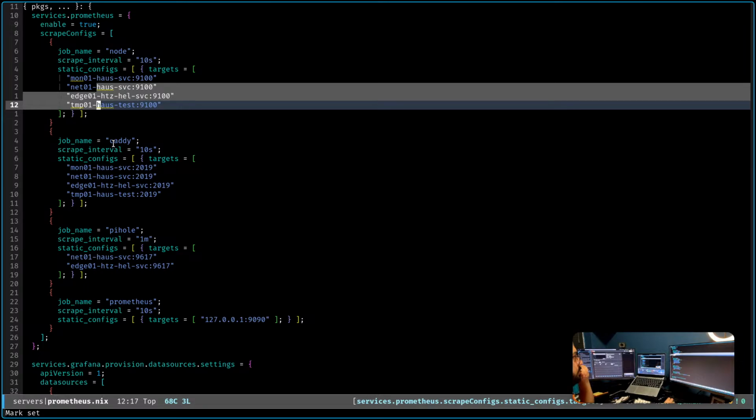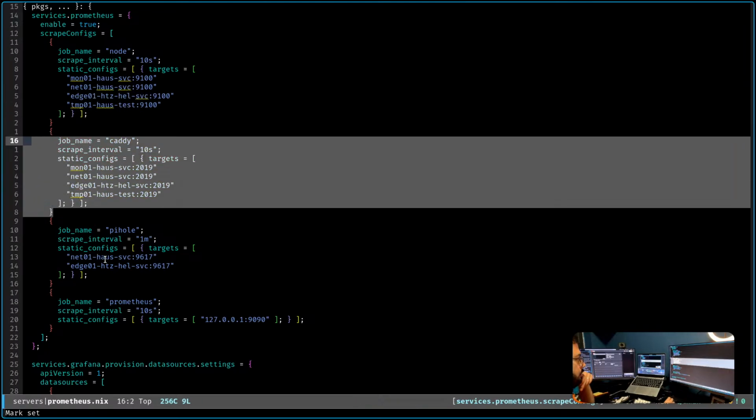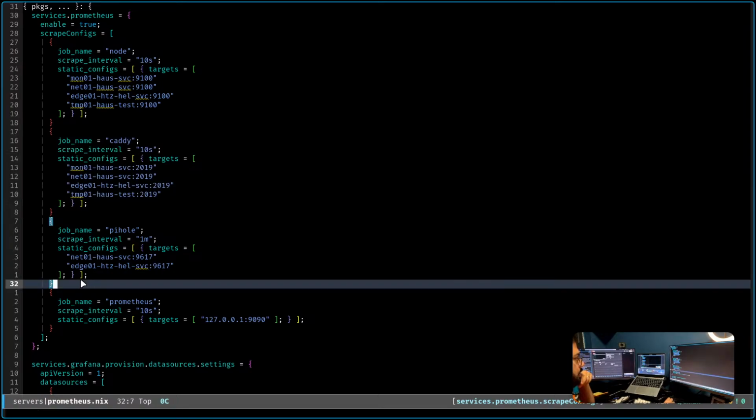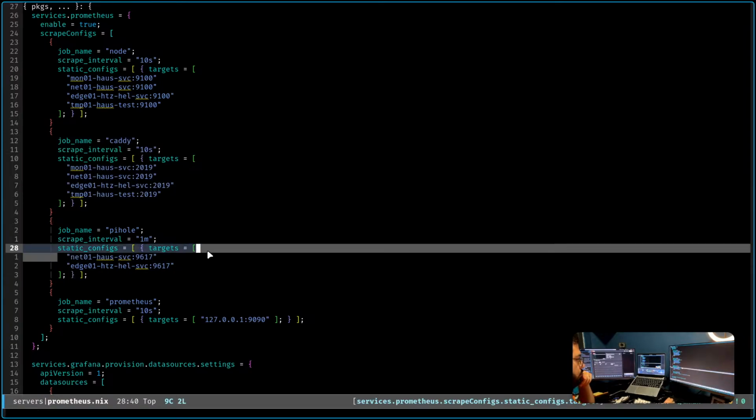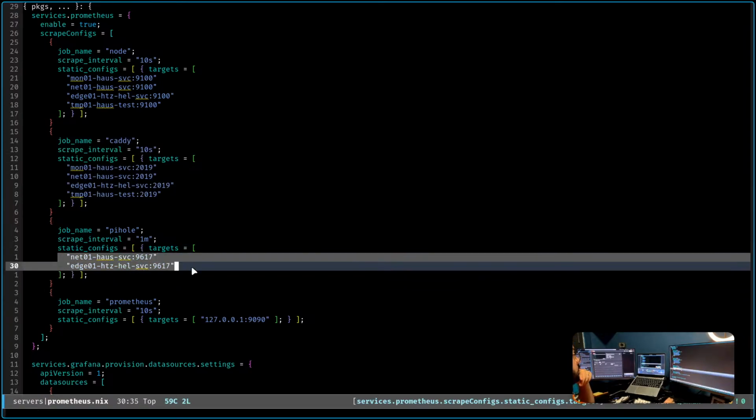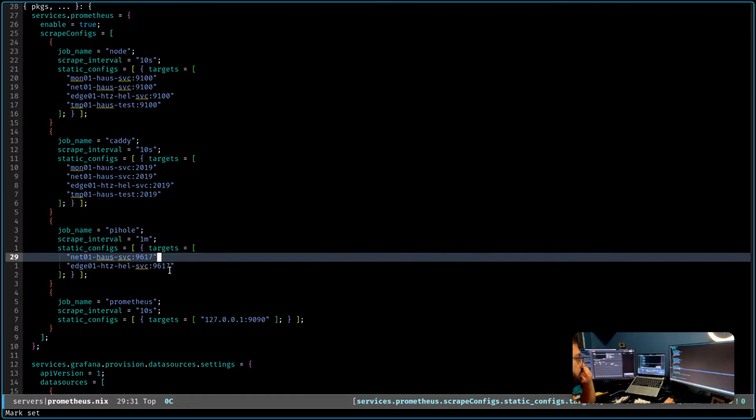It's not collecting the info from my laptops. That's something that might change in future. Caddy again from all of my servers. Pi-hole from Net and Edge. So far, I've configured Net only. Edge is on my previous setup, and that's fine.